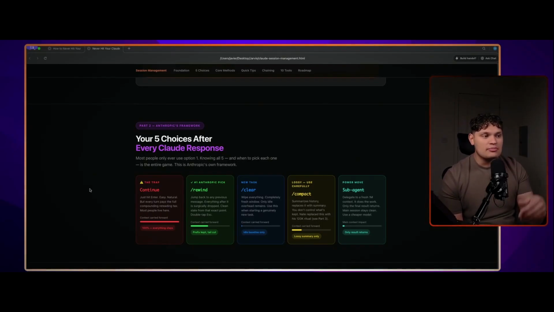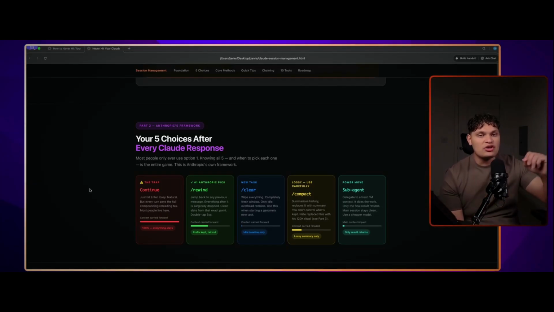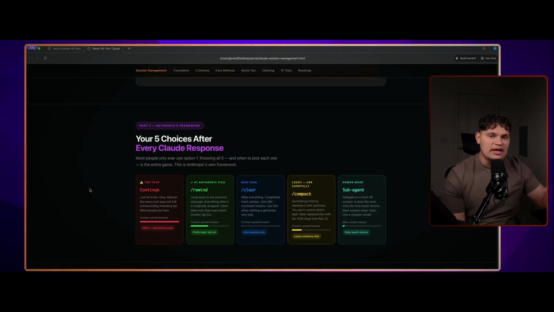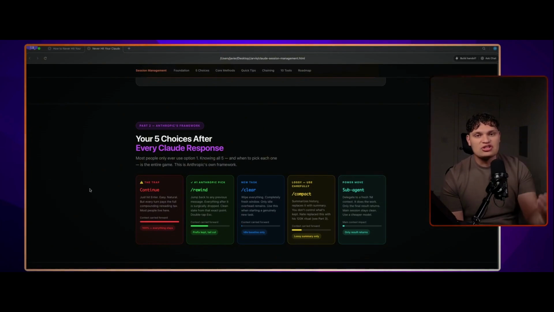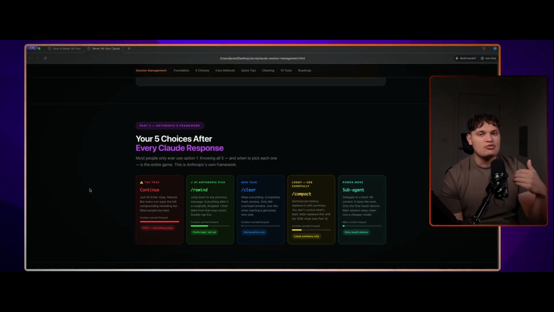The next one is going to be /compact. It's going to give you a summary of the conversation, so you can then pick it up somewhere else, or you can do /clear, right? You do /compact, you take that data, then you start a new session, or you do /clear. Now that session understands what you're trying to do and what you're trying to achieve with better context, right? It's new, it's fresh, and it's going to cost you fewer tokens, and it's going to give you better output.